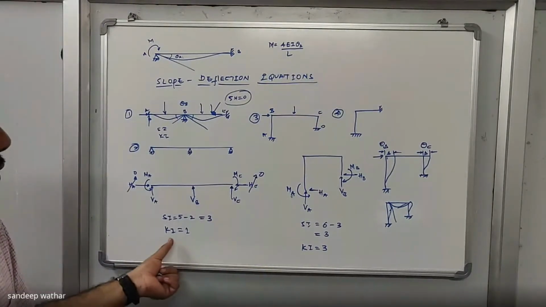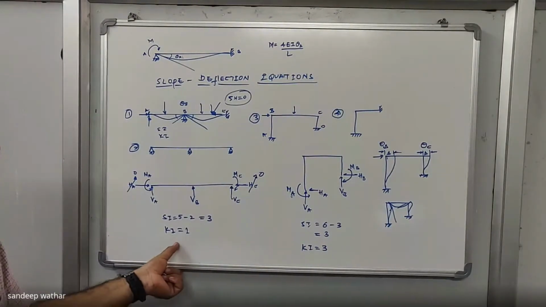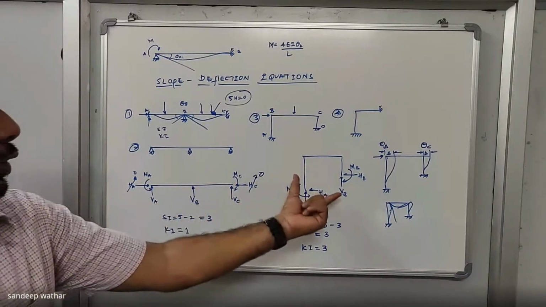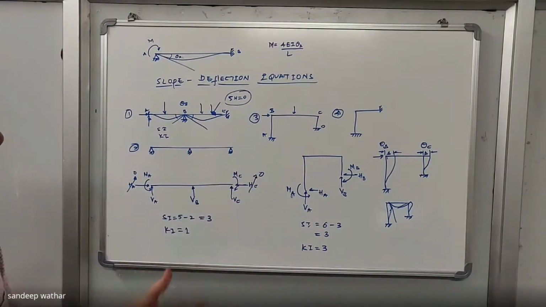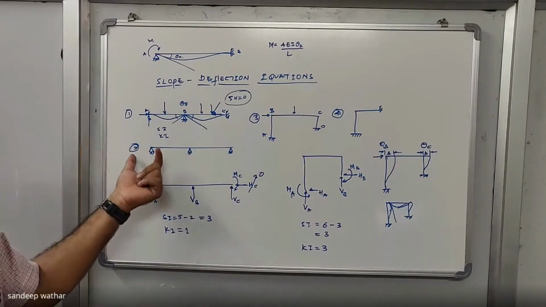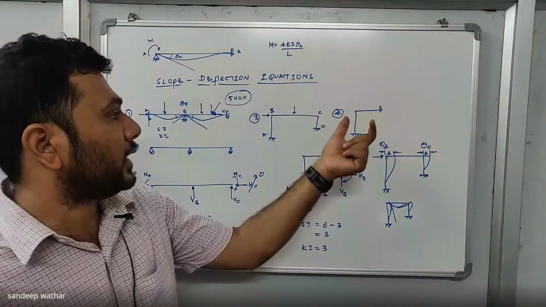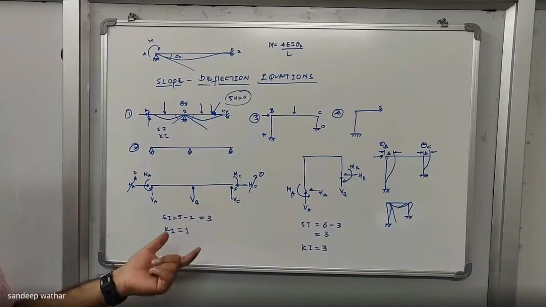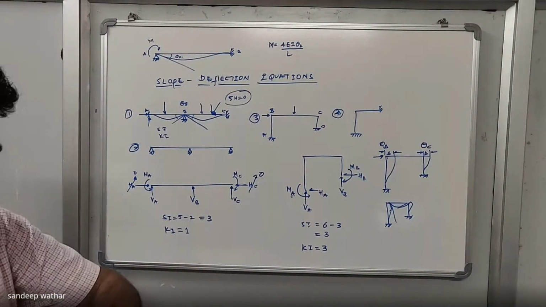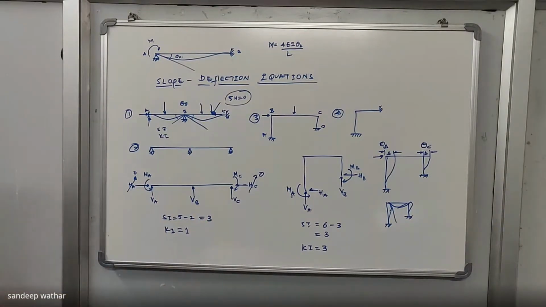I have solved the kinematic indeterminacy and static indeterminacy for two structures, structure 1 and structure 3. Similarly, you try to determine the static indeterminacy of the second structure, and solve the static and kinematic indeterminacy for the fourth structure. I hope you have written this. I'll give you 1 minute to write all of this. Please write it and tell me.